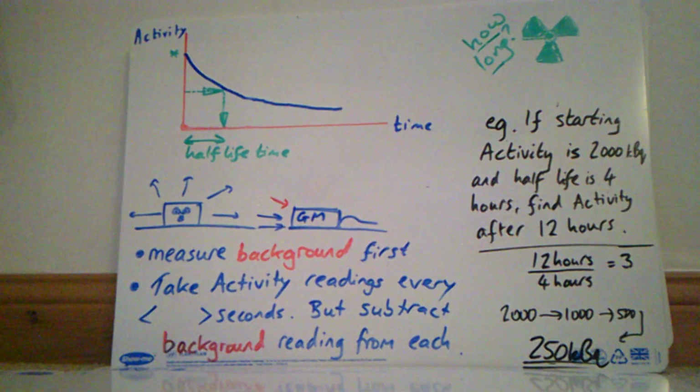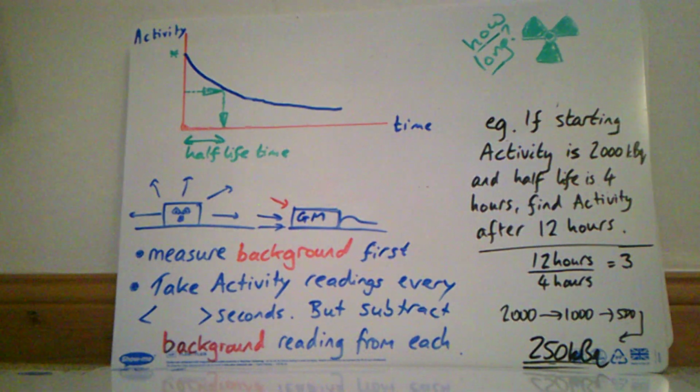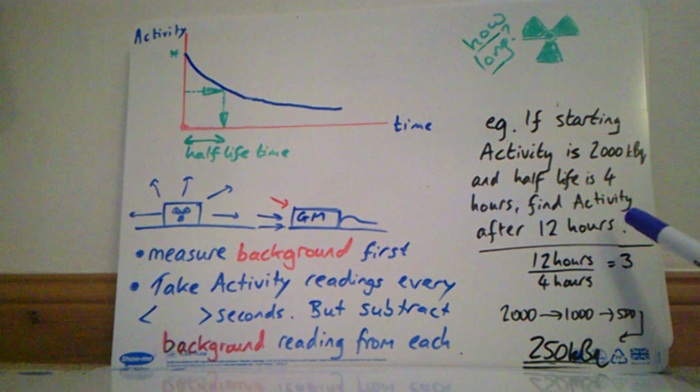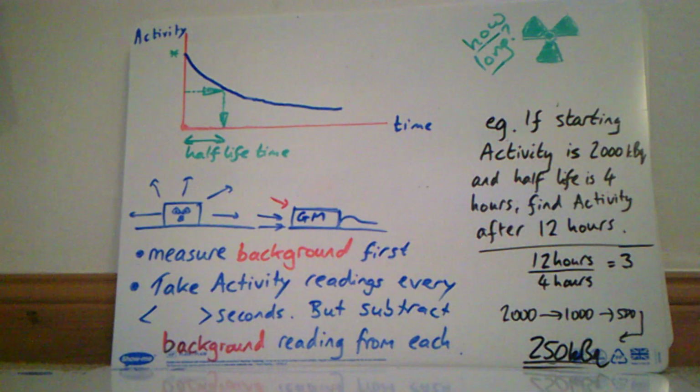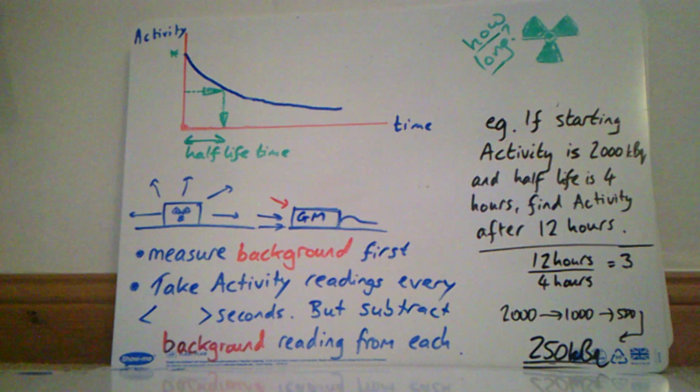Once you have got the half-life time of a radioactive material, why would you bother doing that anyway? Because it gives you predictive power. So if you know the half-life time of radioactive material, you can work out what the activity is going to be at a certain amount of time in the future. So for example, if the starting activity of a lump of radioactive metal is 2000 kilobecquerels and the half-life time is 4 hours, you can find the activity after 12 hours by saying 12 hours divided by 4 hours, which is the half-life, is 3 half-lives. So in 12 hours that's going to be 3 half-lives away, so half the